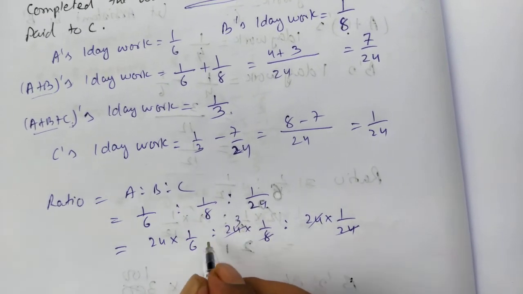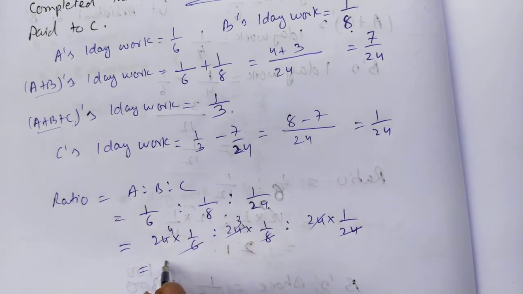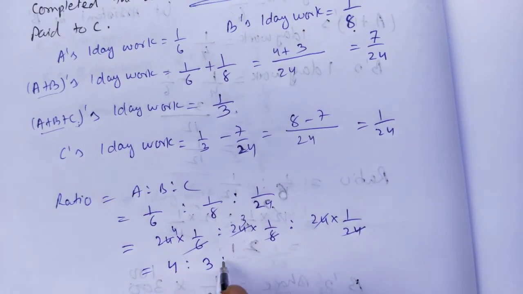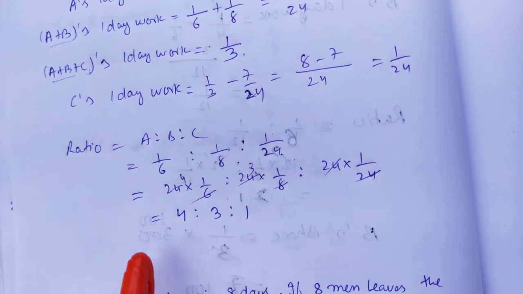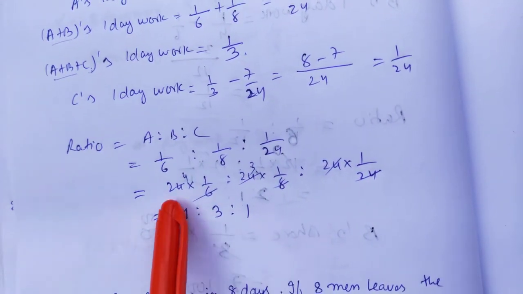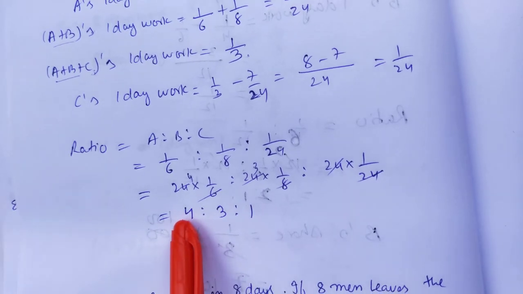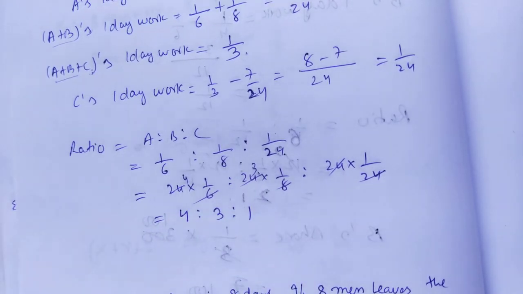Cancel 8 three times. So we are getting 4 is to 3 is to 1. We can find the share for each also. Clear? If you want to find the shares of A, we can write 4 by